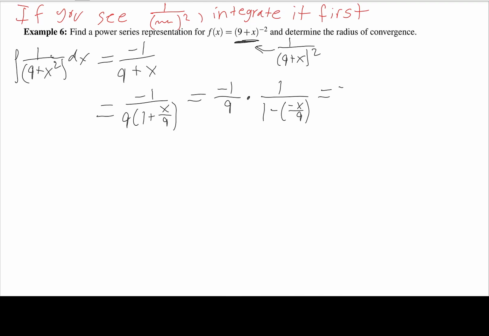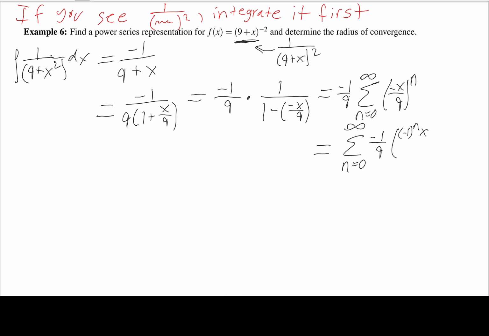So this is the same thing as negative 1/9 times the sum from n equals 0 to infinity of our r value, negative x over 9, raised to the n. And so this would be the same thing as the sum from n equals 0 to infinity of negative 1/9 times negative 1 to the n, x to the n, over 9 to the n,